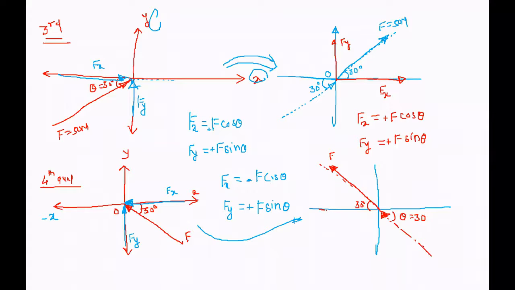Now show the component. This is along x direction. Now here, direction must be in the same direction of the F. So this is the arrow direction for the x component. And this is your y component. So this arrow must be in the same direction of the F. So this is your Fy. Now component Fx is the adjacent component. So this is your F cos theta. This is the opposite component. So this is your F sin theta. Now observe the direction of Fx. It is towards the negative x direction. Therefore it is minus, and this is towards the positive y direction. So it is plus. Okay. So this is the complete force resolution.